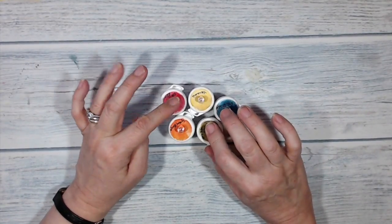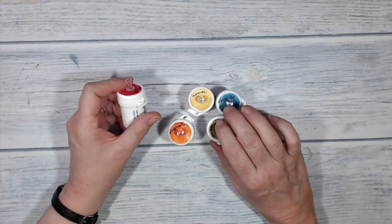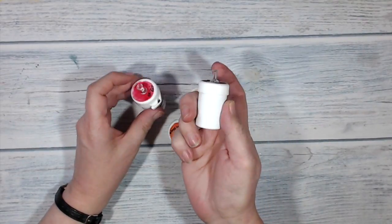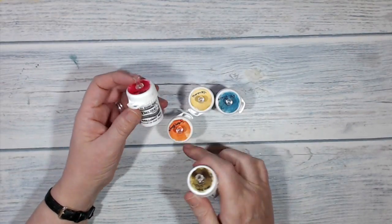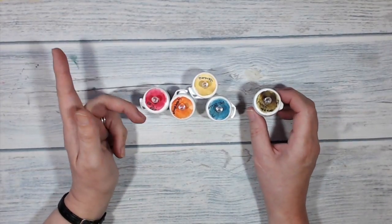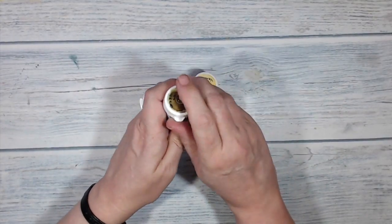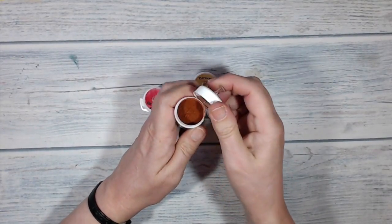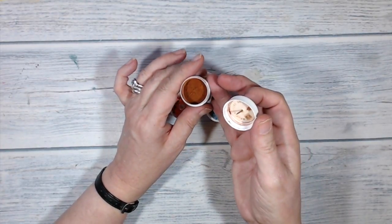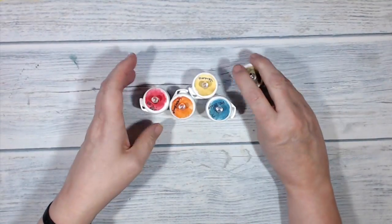They are crystal colours, and they are a very fine powder, and in fact we don't even recommend that you open the pots. I have done on the moss green, but the other 4 pots are all still sealed, because the powder is so fine it will go anywhere. Ask me how I know, and I will be very brave. I will just open up the moss green to show you. That powder is super fine, and I'm going to put the lid back on that before it escapes